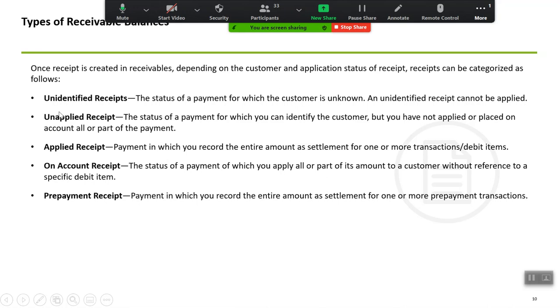The first one is unidentified receipts. In our previous slide, we saw that there are ways to create receipts. You can create receipts either manually, using a spreadsheet, or using an automatic process. In that also we saw that there are two types of receipts eventually.